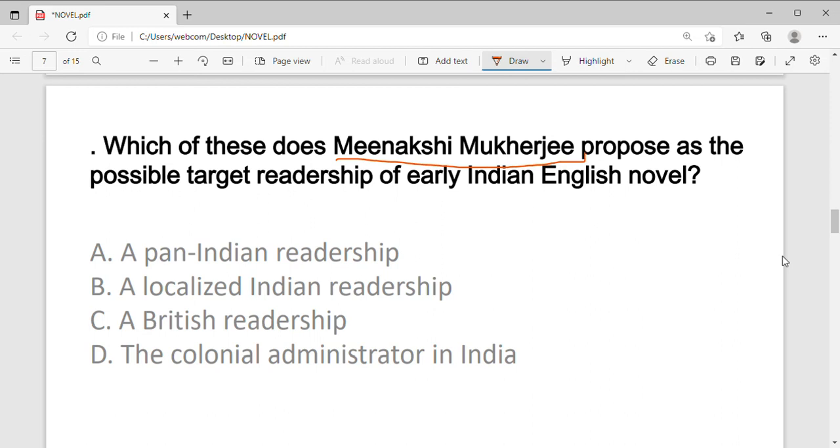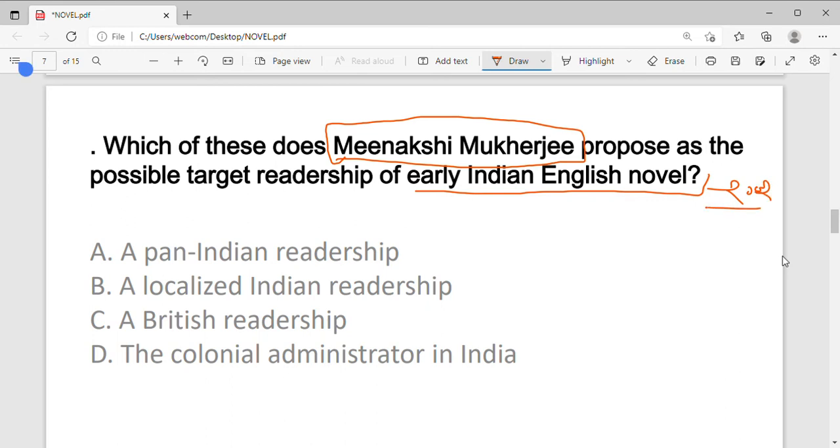We have read the name, and there's one work which is very famous by her, not this early Indian English novel. This novel was published in 2002, but she has also written one other work which is very famous. So make sure you search Meenakshi Mukherjee on Google and check out her work. In this work, which she had written, Early Indian English novel, it consists of 14 essays,